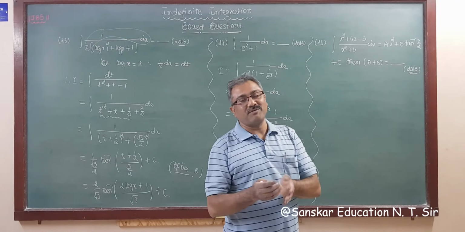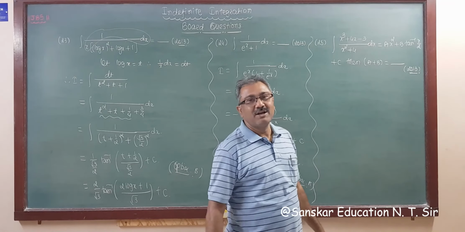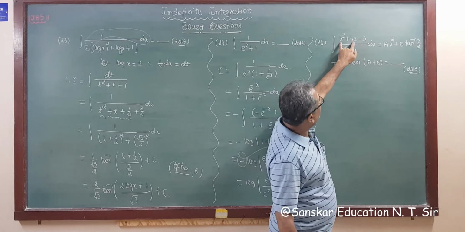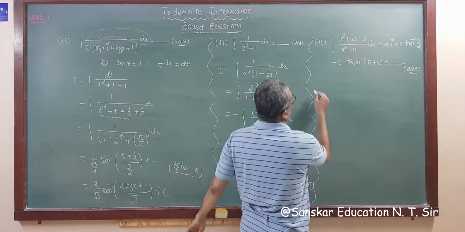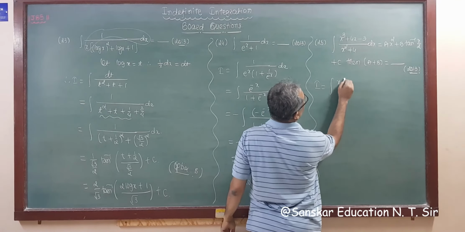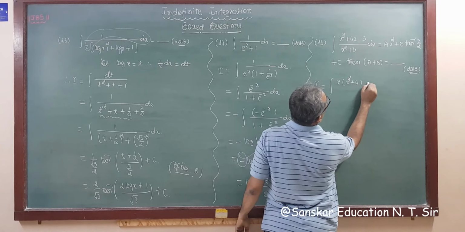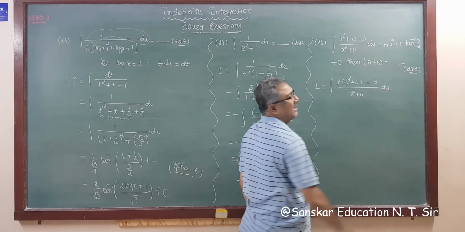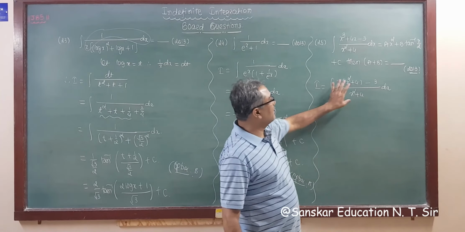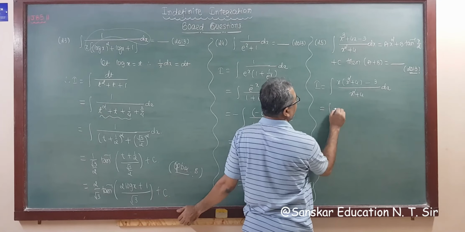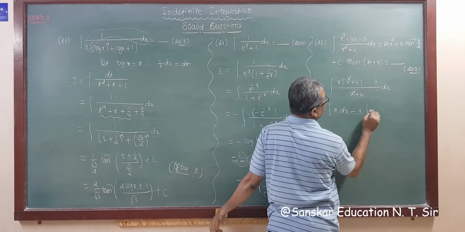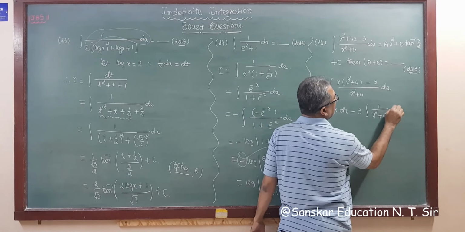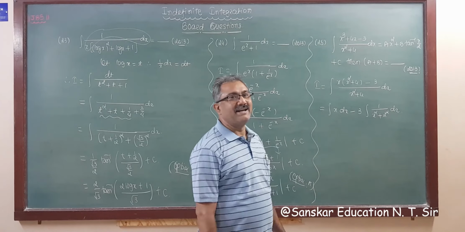Now in this type of question, where an improper rational function is given, we have to adjust the numerator in terms of the denominator. So taking x common from the first two terms, what we get? I is equal to integration of (x times (x square plus 4) minus 3) whole upon (x square plus 4) dx. Now I think no need to say anything, it's clear. This will cancel. So if you bifurcate, we get integration of x dx minus 3 times integration of 1 upon (x square plus 4, which is 2 square) dx. Right? See, this is the idea, right?